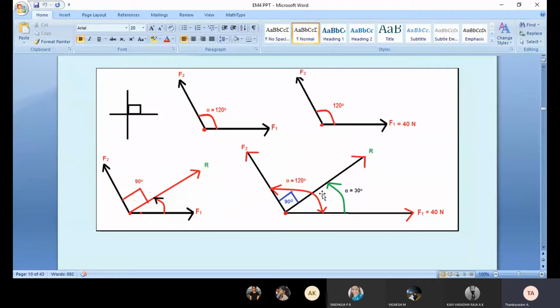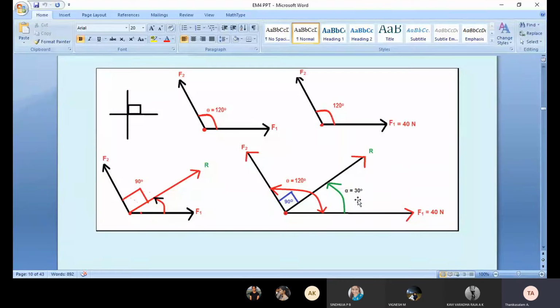I drew it in Paint and pulled it down here. Okay. So 90 degrees. Totally we already have 120, so the 90 is gone because it is above. What is the balance? Sindhuja, balance the degrees. So 30 degrees, sir. Good. Okay. How did 30 arrive? The 90 is already within the overall 120, the angle between the two forces. The resultant is at 90 degrees with respect to the smaller one. So the balance is alpha.